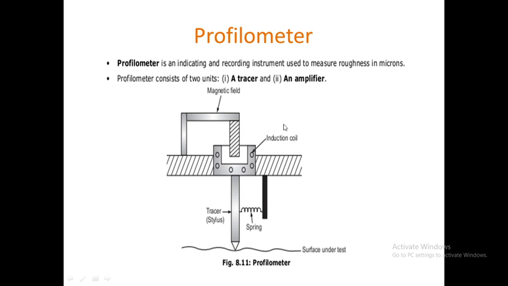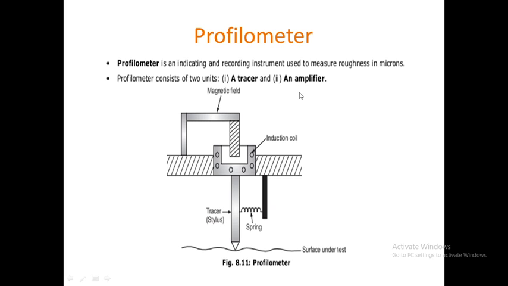So due to the magnetic field and the motion of the induction coil, an EMF or a voltage will be induced in the coil. Now this voltage is fed to an amplifier, since the magnitude of the EMF generated will be very small due to the small height of the surface roughness. So the low magnitude EMF will be amplified using an amplifier,